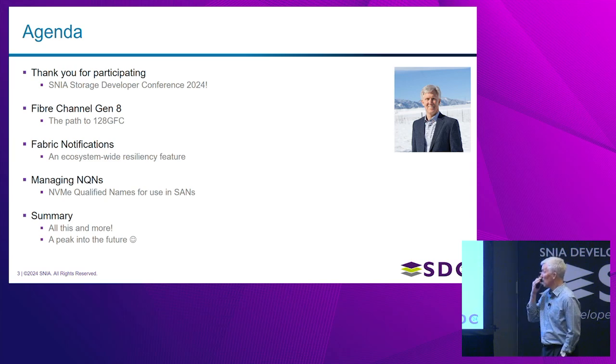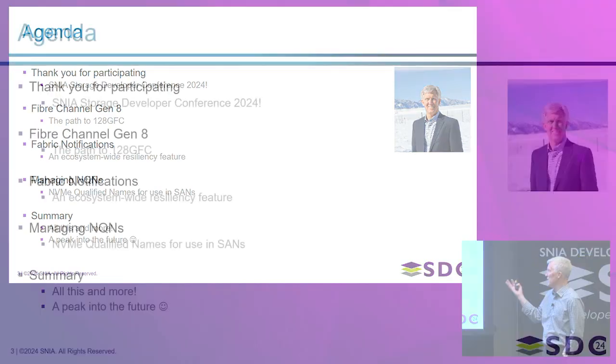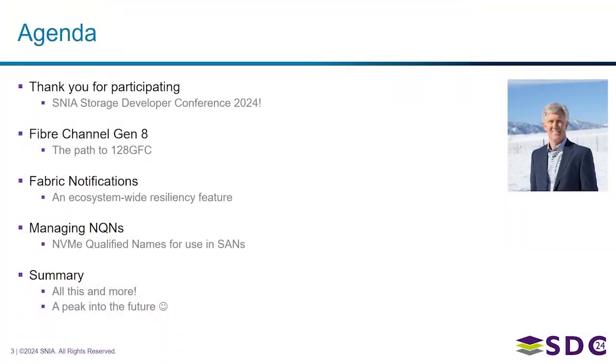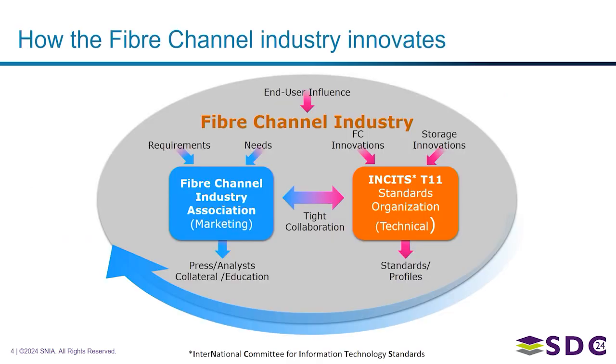Today, we're going to go through the features of the Gen 8 Fibre Channel. I'm going to highlight a few things, certainly the speed and a couple of automation characteristics that are part of the Gen 8 specification, just to give you an idea of where Fibre Channel is. Before we wrap things up, we will end the summary with a little peek into what's going to happen next. Mark did a fantastic job of giving us a preview of this, so I hope to go into a little bit more detail on a few things that Mark touched on during his presentation.